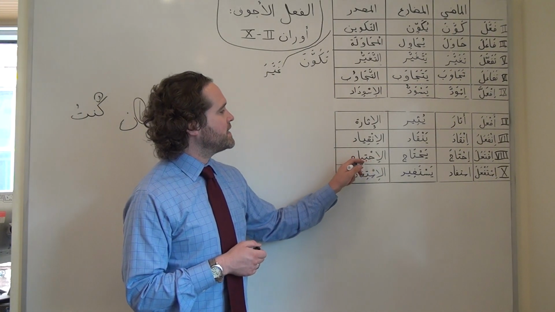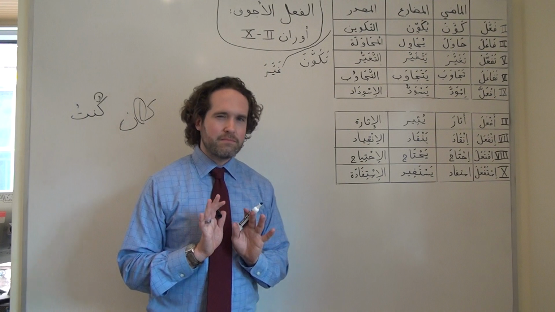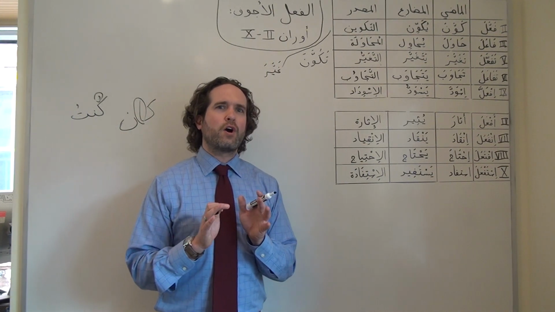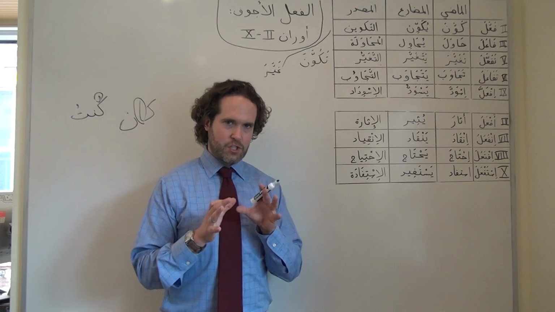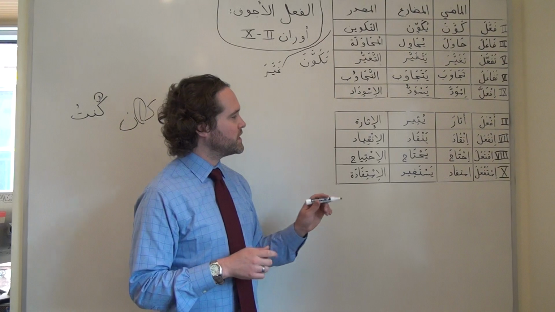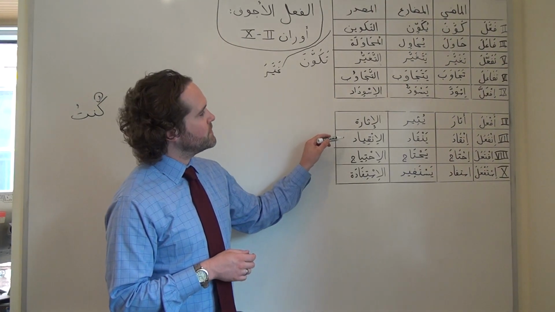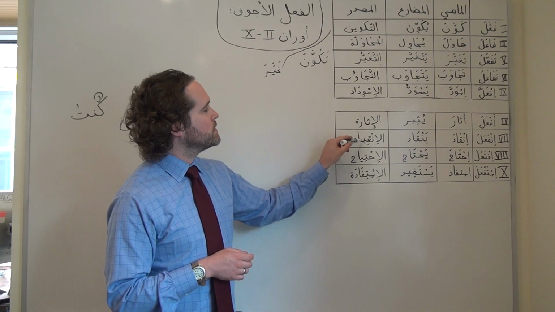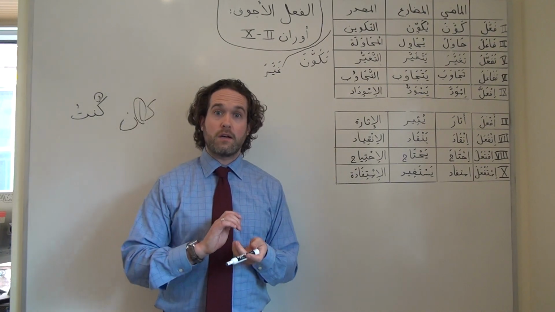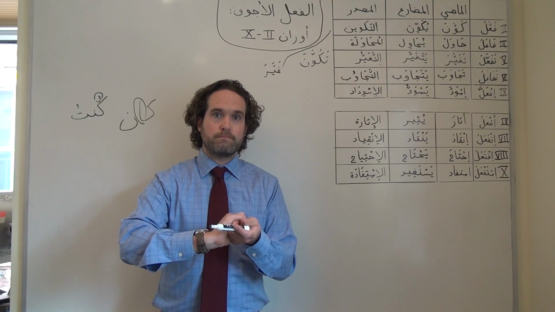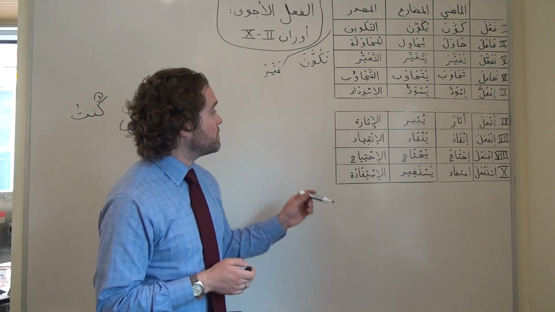You can see that we've added a ya here. Remember that vowels, waw, ya, alif, even hamza, are like chameleons in Arabic. They can shift and change, and so it's up to us to know when to be able to predict these things. So the good news is, in 7 or 8, a hollow verb, masdar is always going to have that ya as a representative, if you will, of the letter that makes it hollow.